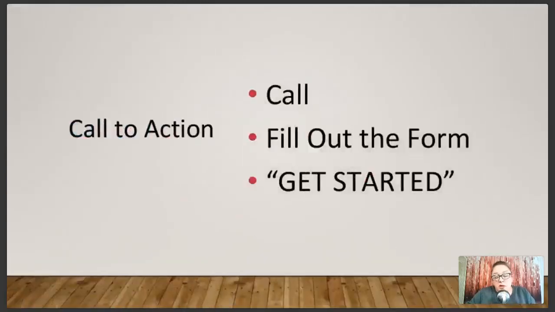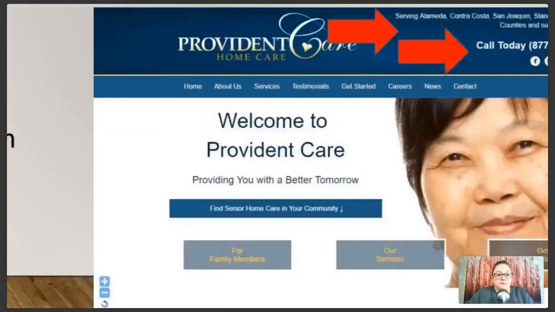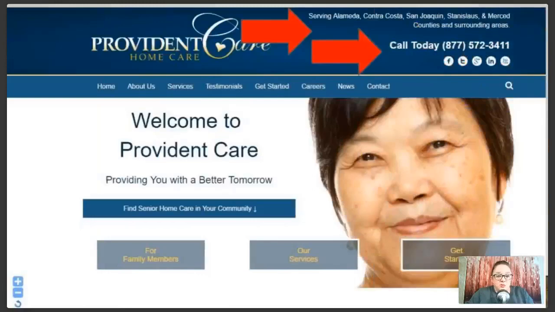So for us, when we create a website, we have a call to action several times on the homepage. They're either going to call or they're going to fill out a form. Those are the only two actions you really want them to take. Pick up the phone or fill out the form. So those are the main points. And we use the words get started a lot because that seems to help guide people to what they need to be doing. And this is just one more example.